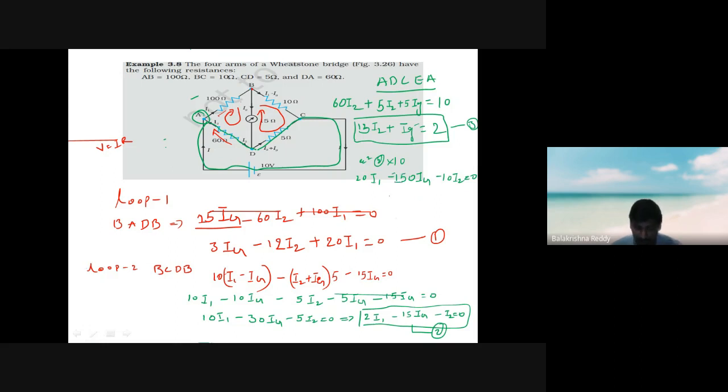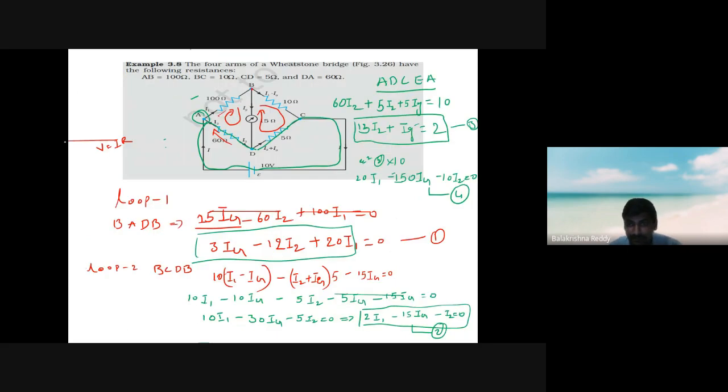So how can I conveniently use it? Equation 1 and equation 4. This becomes equation 4. Now equation 1 is this. Whenever I solve equation 1 and equation 4, then I will have... Shall I go for the next? 20 I1 and next, what is that equation 2? Equation 2 is this 15? Equation 2 is 15 or how much is it?